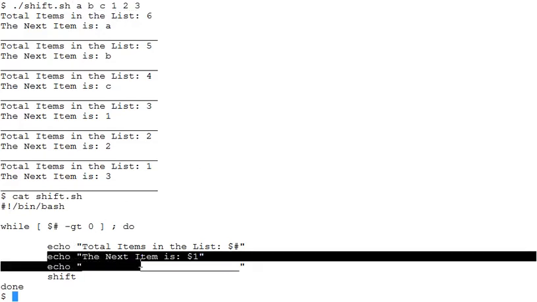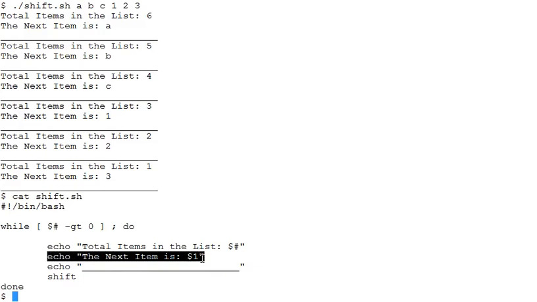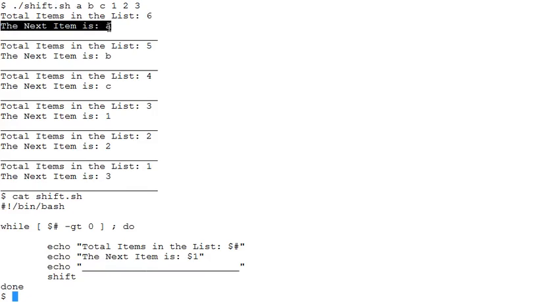The next echo statement is pointing to the first item or the first parameter, and $1 does exactly that. So the first item is A, and we see the output here.